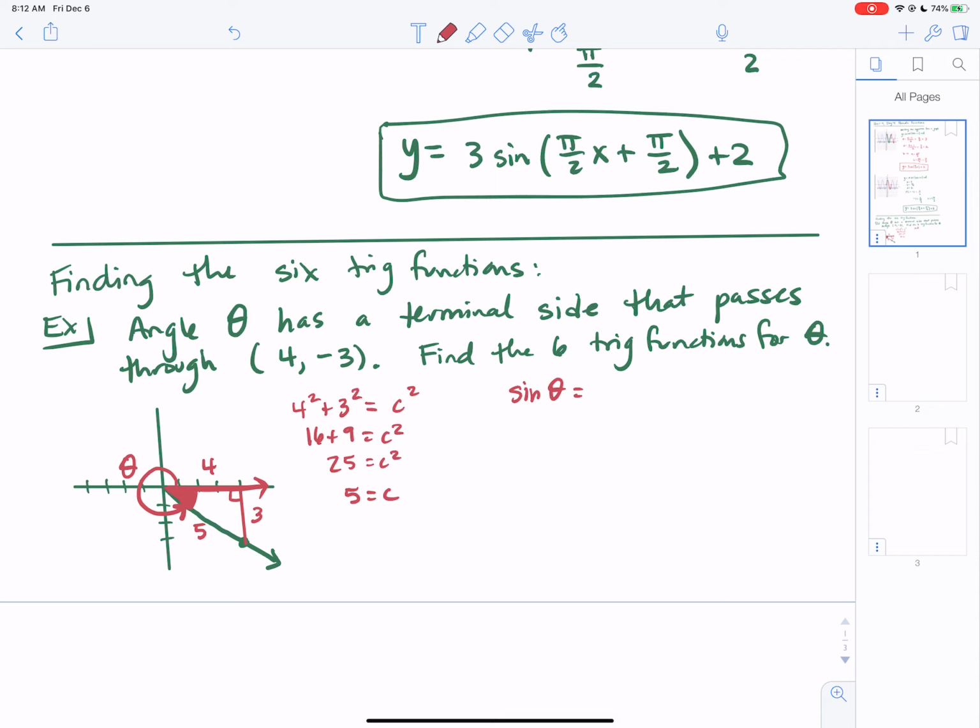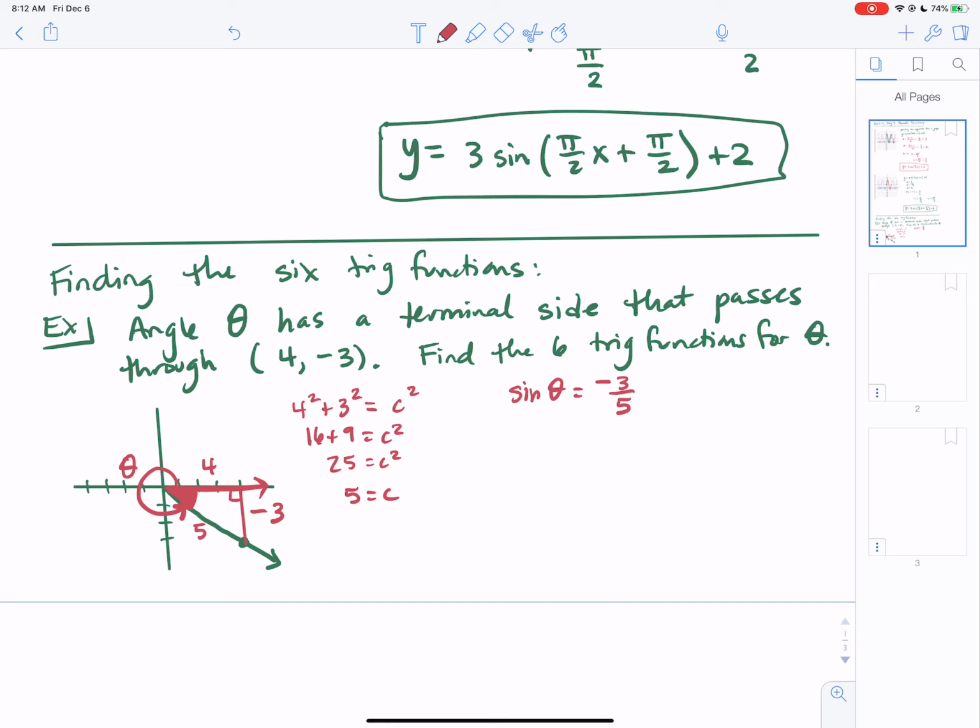Okay, so the sine of that's going to be the same as the sine of this angle in the triangle. All right, and sine's going to be opposite over hypotenuse. But we are in quadrant 4. And in quadrant 4, sine is negative because we've gone down. So in that regard, if you want to keep the negative on that 3, you can, because it kind of helps you remember that in quadrant 4, sine is going to be negative. I know the side of the triangle is not actually negative because that doesn't make any sense, but it helps